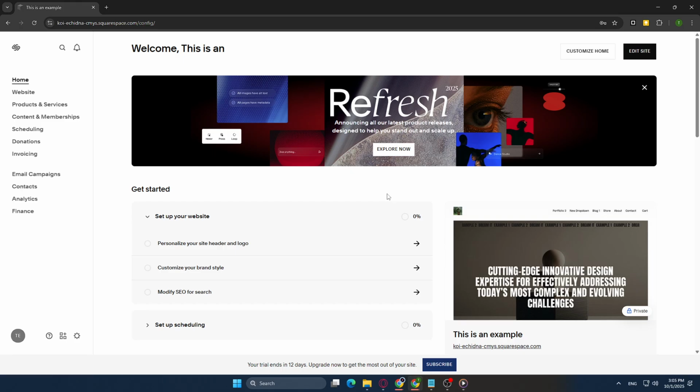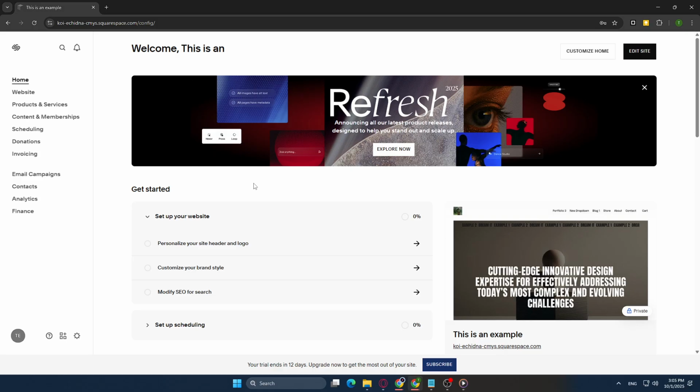First, you need to open your web browser and navigate to the Squarespace website. If you already have a Squarespace account, all you need to do is log in with your credentials. However, if you're new to Squarespace, you'll want to create an account, which is a straightforward process involving entering your details and choosing a password. Once logged in, you'll be directed to your website's home dashboard, which serves as the central hub for managing all